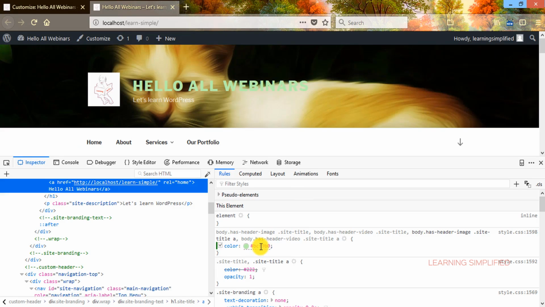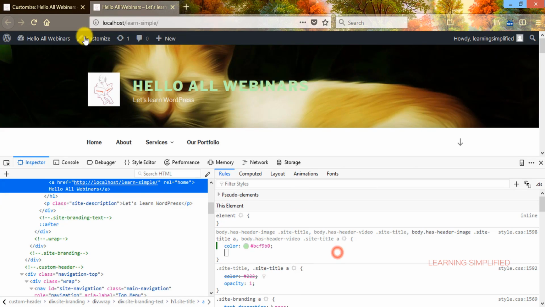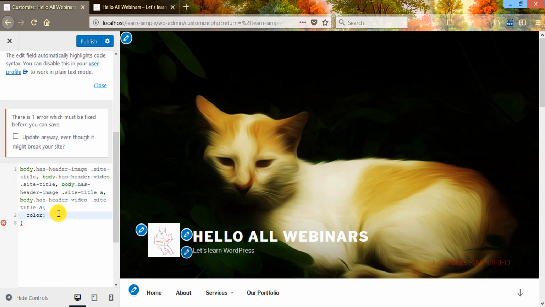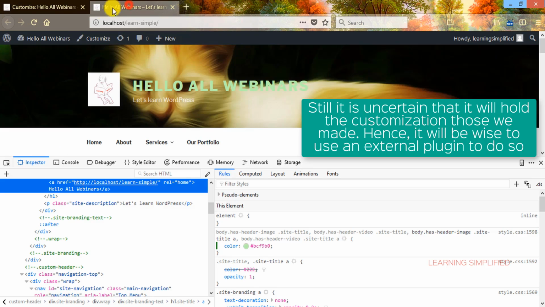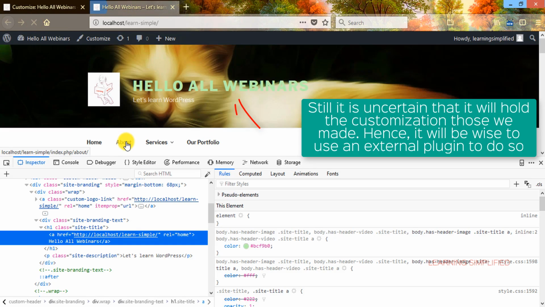What will be the color? This will be the color. So we are going to copy this from here, and here we are pasting it. So this is the part. Now we can see that the color is changed over here. So if we publish it now, and get back to our project and reload, we can see that this color is now permanent over here.